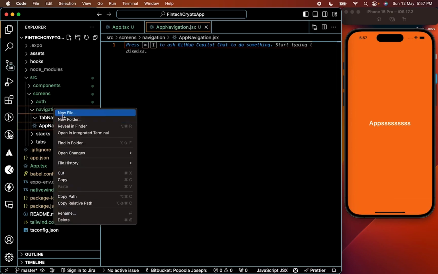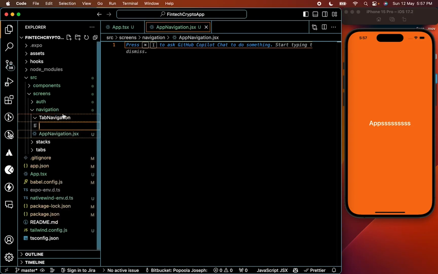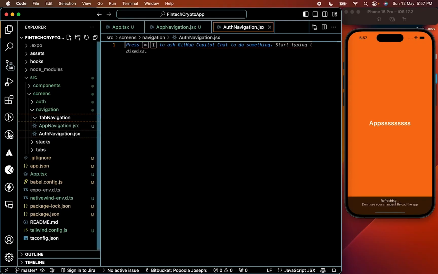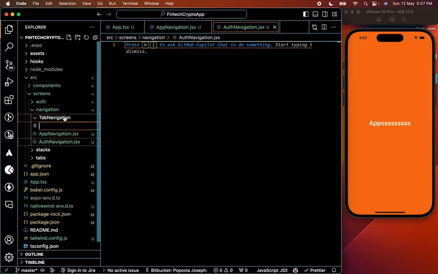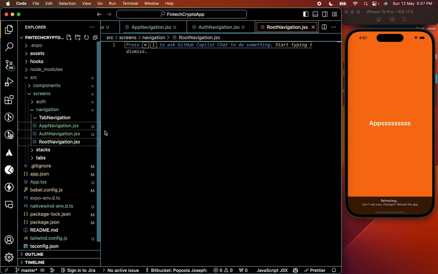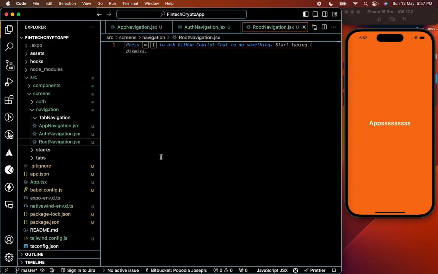And inside of this as well, I want to create a new file, and I'm going to call this auth navigation.jsx. And also inside of this, I'm going to have a root navigation.jsx. And these are essential things you need to set up if you want to do authentication with your app,